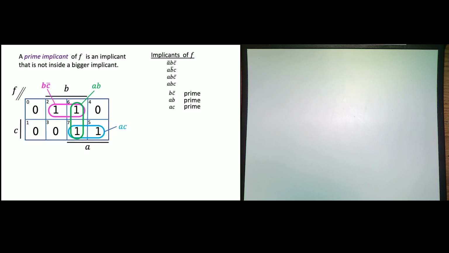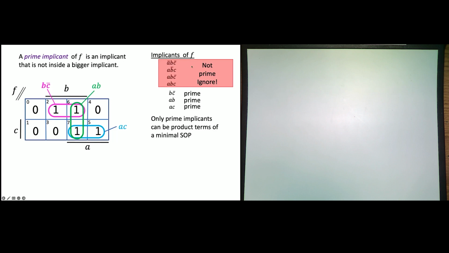All right. So from now on, ignore all implicants that are not prime. Don't even draw them. So when you start with your K-map and you try to draw large rectangles, pause and ask yourself, can I make this bigger? If you can make it bigger, don't draw it because it's not prime. So we're going to ignore all implicants that aren't prime.